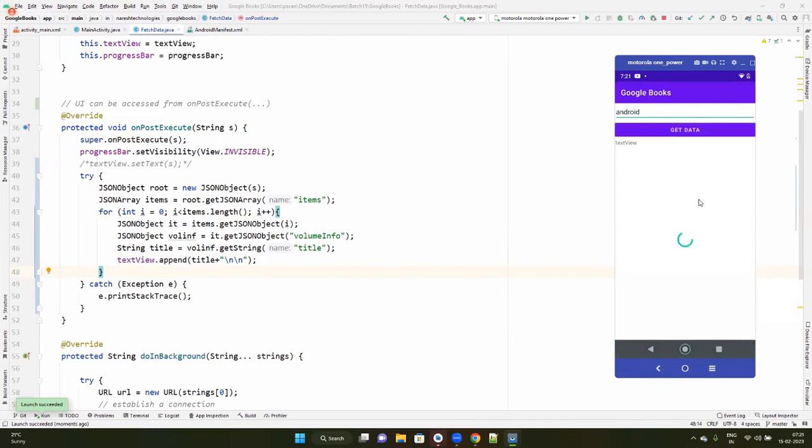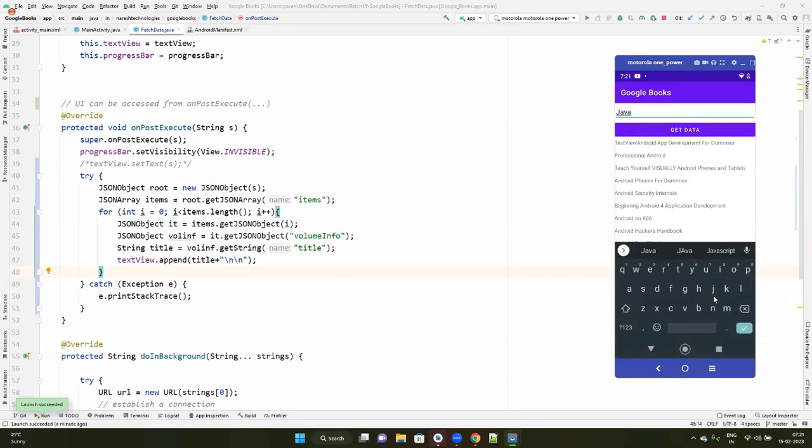See, Android app development for dummies, professional Android, teach yourself visually Android phones and tablets, Android phones for dummies, Android security internals, beginning Android application development, Android on x86, and so on. So you're getting the book names. If in the place of Android, I write Java,